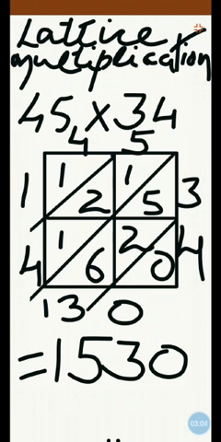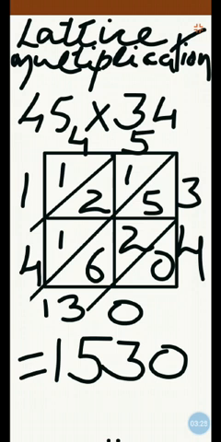Dear children, I would like to say here that this exercise we are not supposed to do in our classwork copies. This will be done as a project. I am going to assign this particular project to one of the groups and the students are going to depict in their own way the lattice multiplication, taking any example.